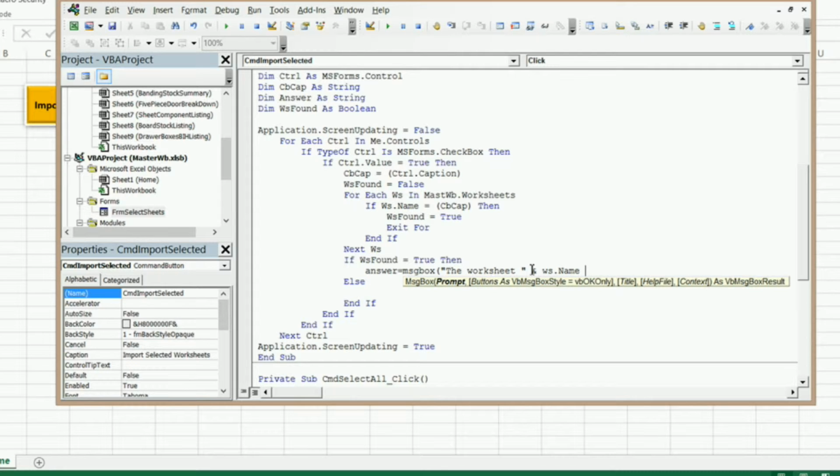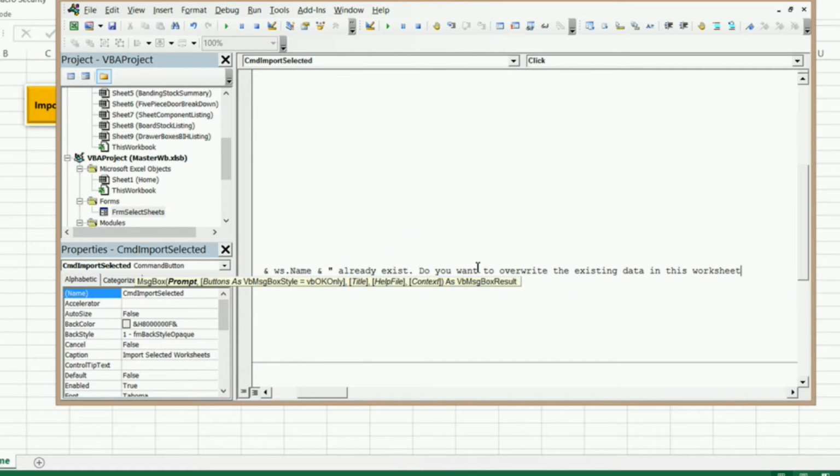Now I need space again, and I'm going to join the rest of our prompt to what we already have here, so I need another ampersand and space, and this is going to be a string, so quote, and I'm just going to hit space again, and I'm going to type "already exists, do you want to overwrite the existing data in this worksheet," and in quotes there. Now I want what's called a vbYesNo message box, so I'm going to hit comma,